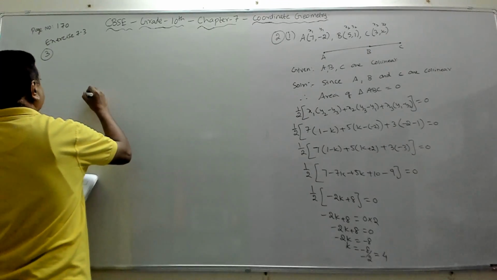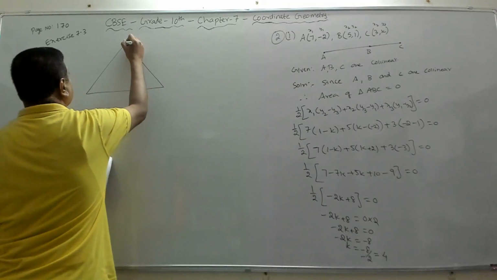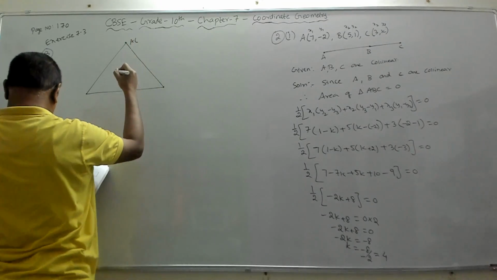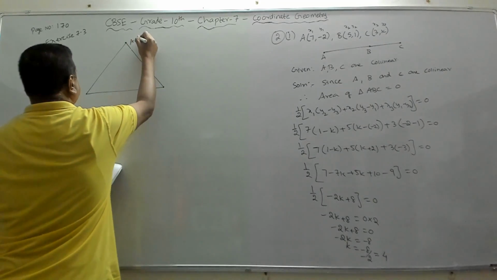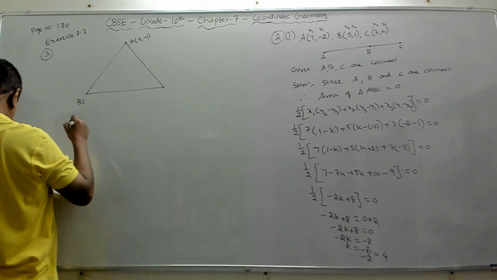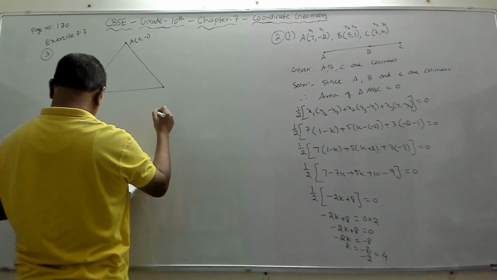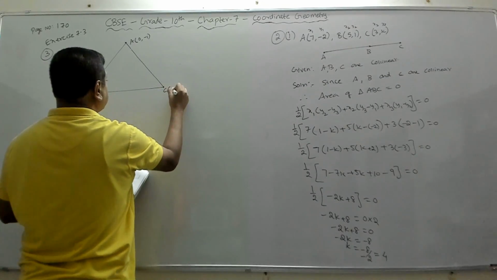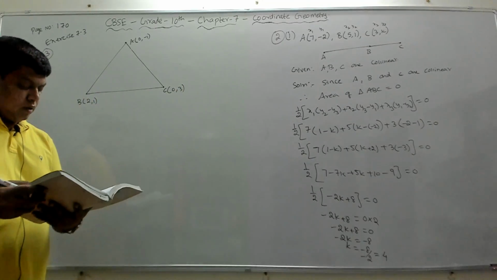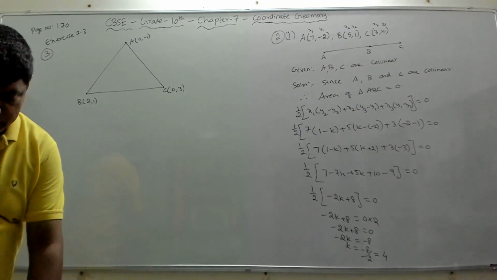So there is a triangle that is given, and the 3 vertices of the triangle are given. A is given as (0, -1), and if you take this as B, that is (2, 1). And the next one is C, which is (0, 3). Now what we should find is the area of the triangle formed by joining the midpoints